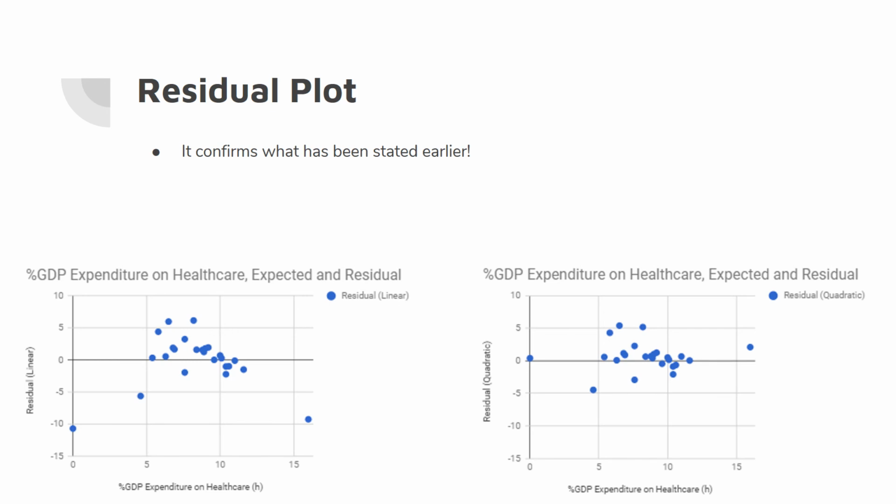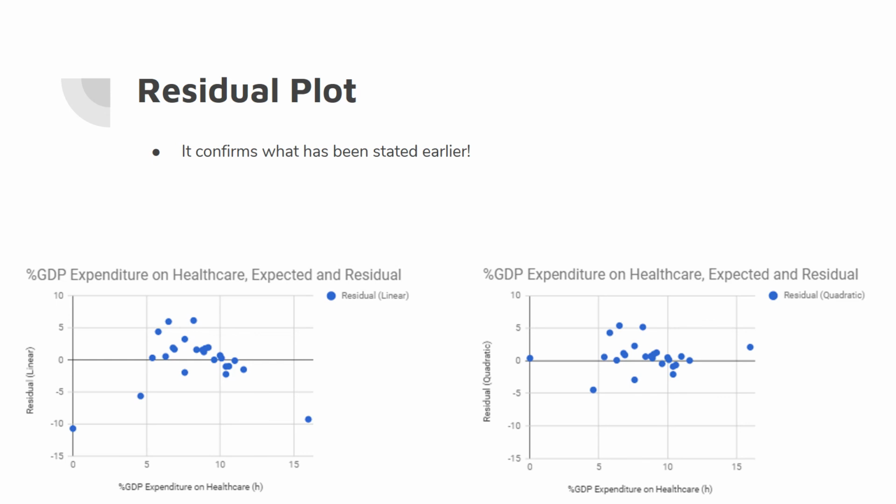So if you look at the y equals 5 line on both plots, you can see that for the linear model, the points are exceeding y equals 5, while on the quadratic model, we can see the points actually sitting on y equals 5. And then if you look from the negative side as well, you can see that this one point on the linear model is not just that, you have the negative 10 as well.